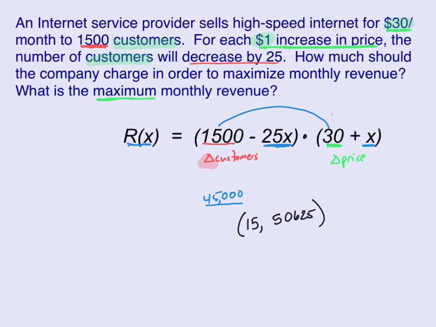Okay, so what that means is X is the number of changes. So if they change it 15 times, what should the company charge? Well, if they did charge 30 and they changed it 15 times, 1 times 15, so they should charge $45 per month. And if they charge that, the maximum monthly revenue will be